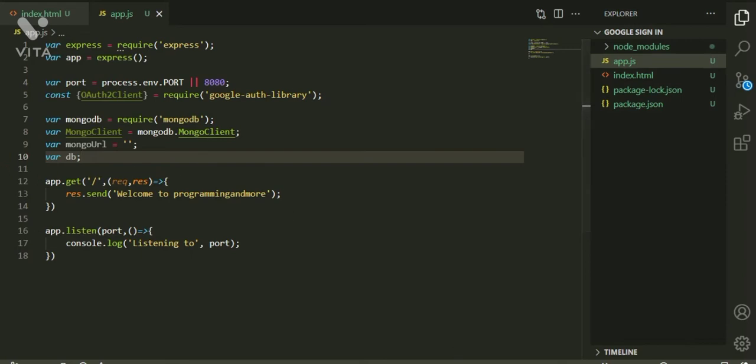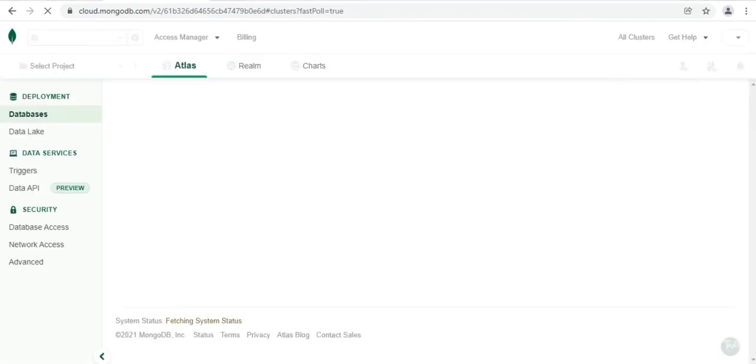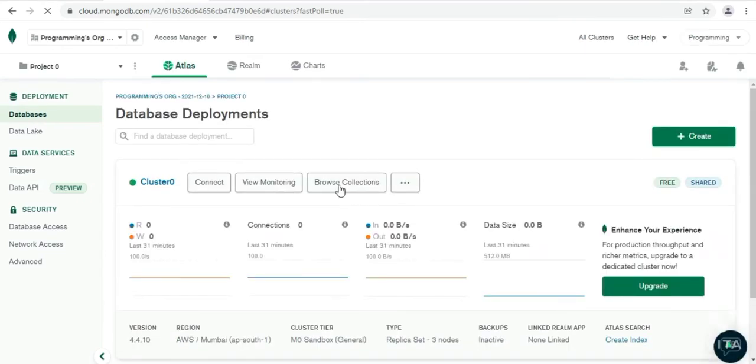Now let us go to mongodb.com and create one database. Click on browse collections.